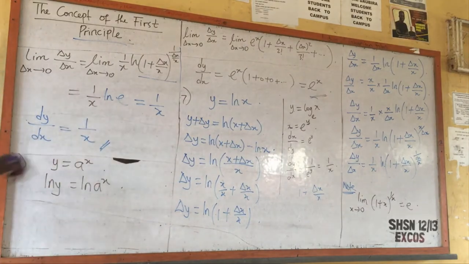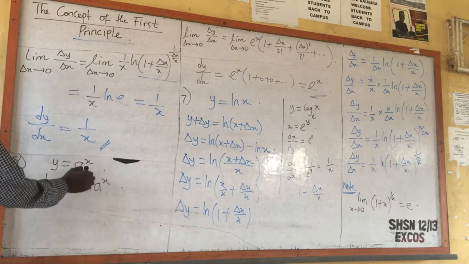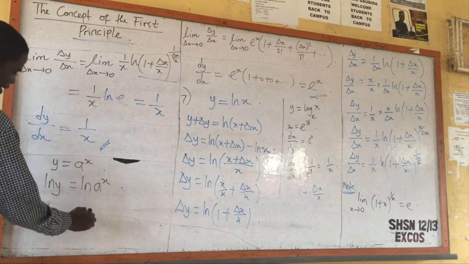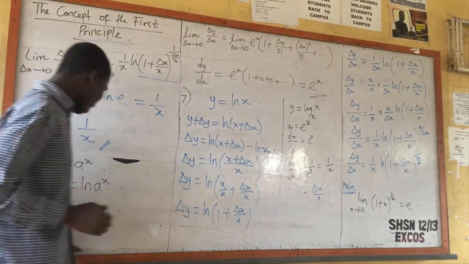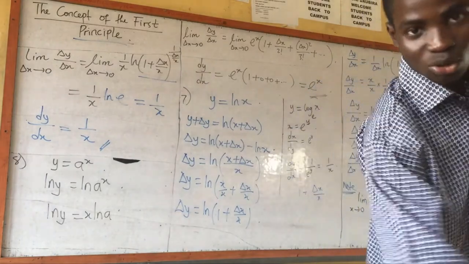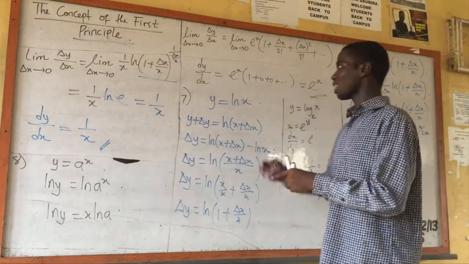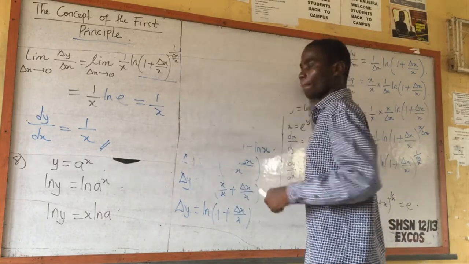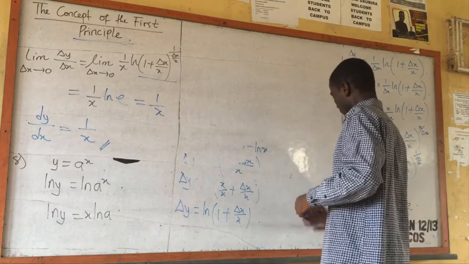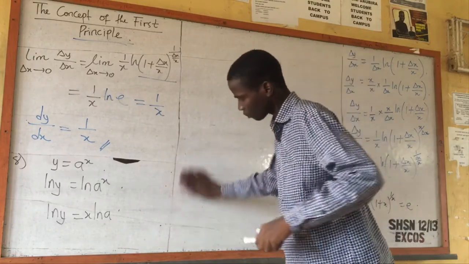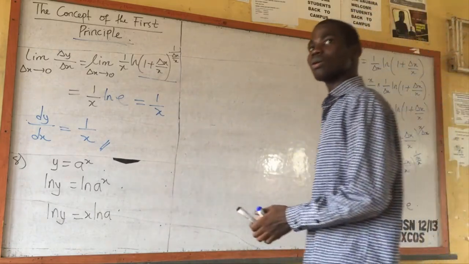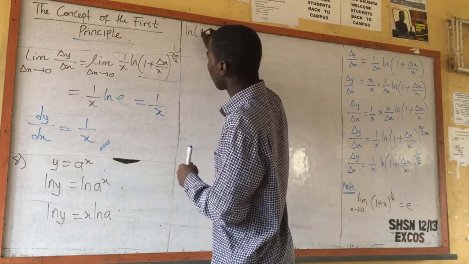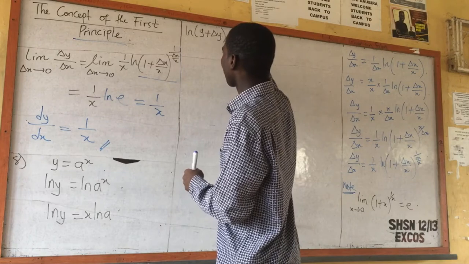I took the ln of both sides so that I have ln y equal to ln a raised to power s. Since ln is a logarithmic function, then I have s ln a. So after this one, what is the next thing to do? Now add increments to both sides, and we'll have ln of y plus delta y is equal to